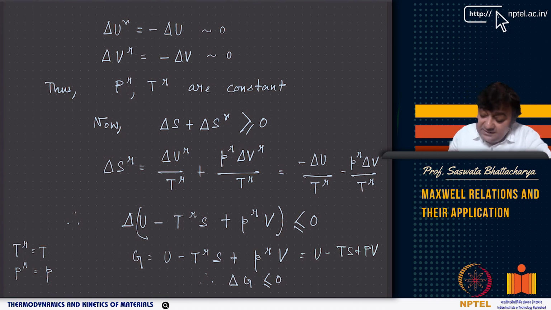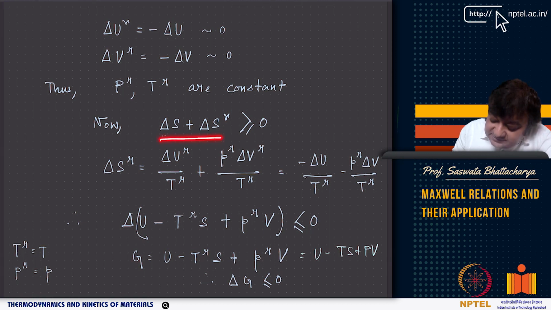reservoir, right? So basically mechanical equilibrium indicates that the pressure of the reservoir and the pressure of the system are the same, right? And the pressure of the reservoir is held constant because the reservoir is infinite compared to the system, right? I am repeating several times to emphasize these very important points. And therefore, we can write directly from this relation which comes from the second law. Remember, all of these are coming from the second law, right?